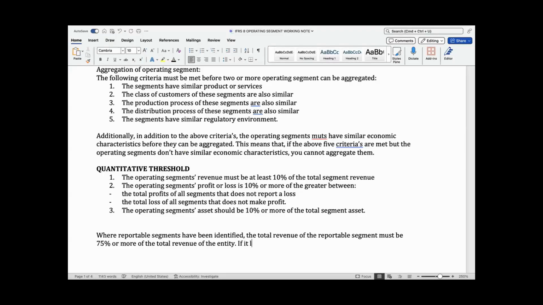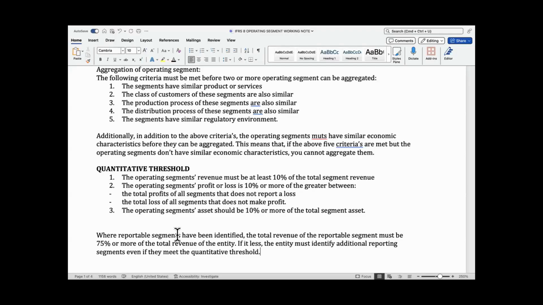If it is less, the entity must identify additional reportable segments, even if they don't meet the quantitative threshold. Just go ahead and make them